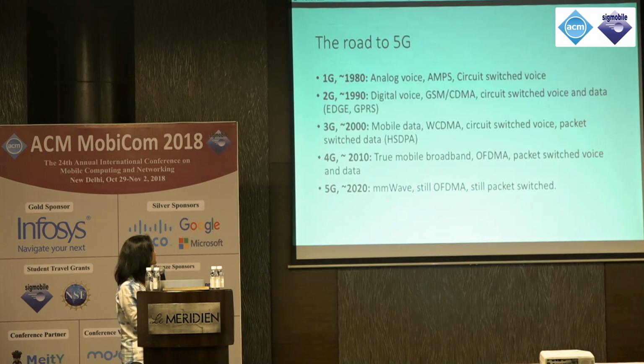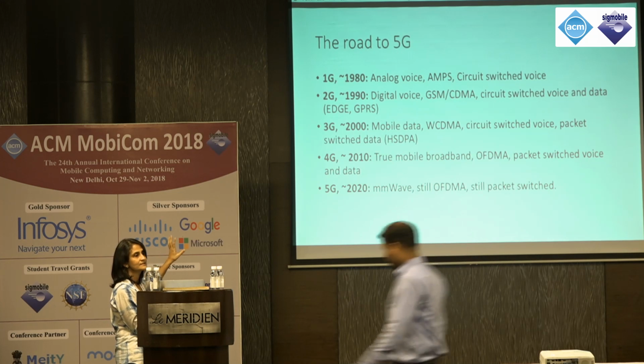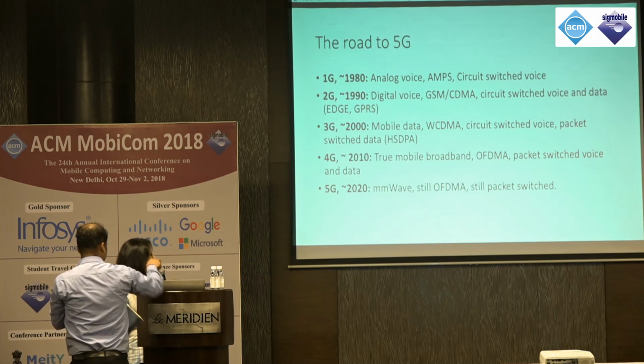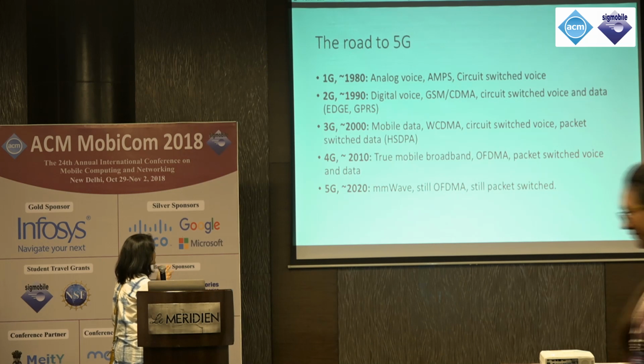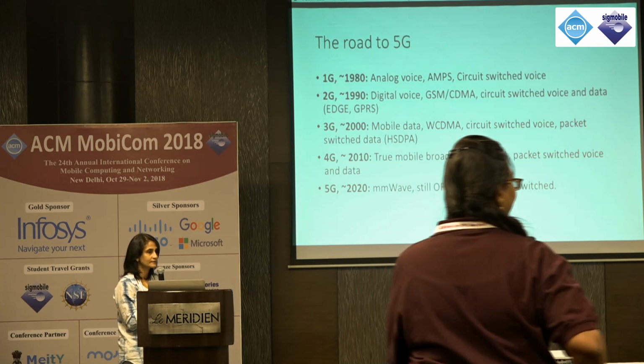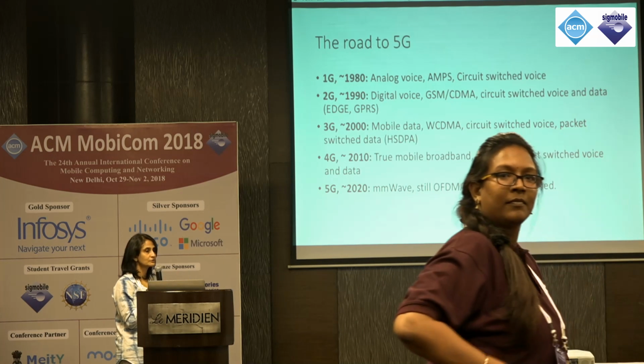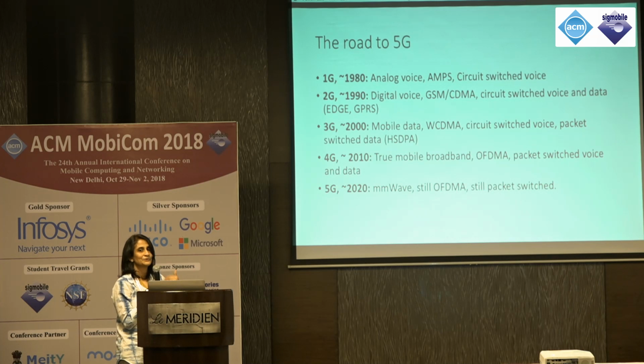If I go back a little bit, the other thing you'll notice from here is that, give or take a couple of years, it's about 10 years between generations. And usually as one generation is just beginning to mature is when the research starts on the next generation. So I remember back in 2000, I used to work at a company called Philips, and we had internal discussions as to what 4G is going to look like. So if we are looking at 5G rolling out now, we as researchers should already be thinking about what is beyond. What are the potential limitations? What are the things that 5G cannot do that are going to be done next?